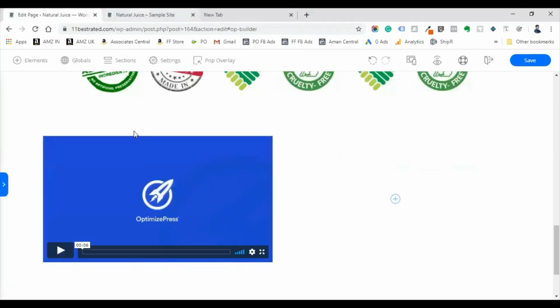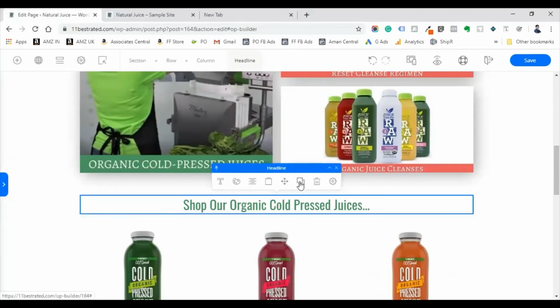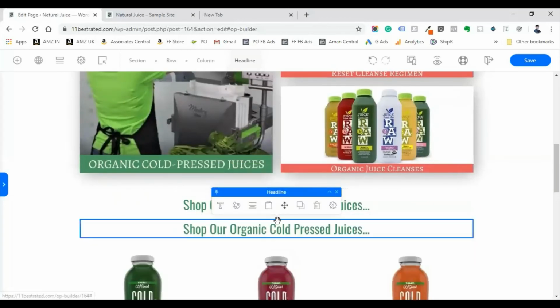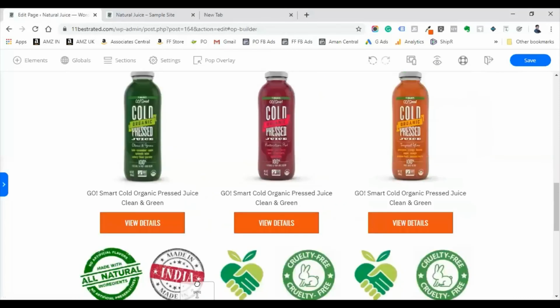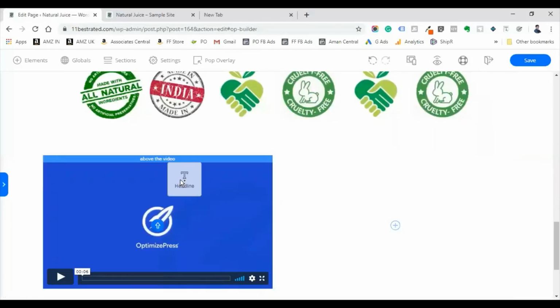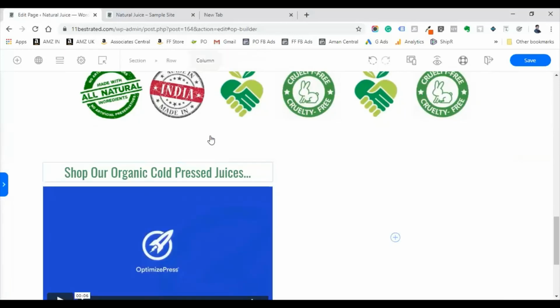You will add a headline above this. Just copy any other headline. Let's do it, just duplicate the headline, drag and drop above the video. Before that, we will reduce the width to 960.